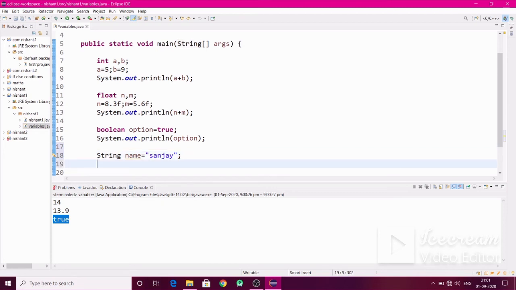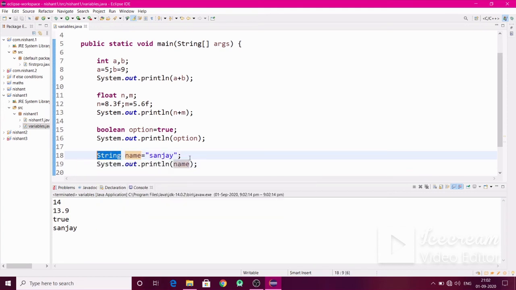So inside this name variable, which is a string variable, the value Sanjay is stored. If we want to print the value Sanjay, we only have to print the name variable, and the program will print the value of the name variable, which is Sanjay. So like this you can use string variable.